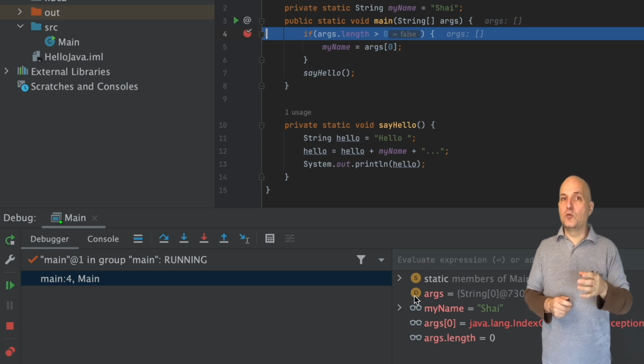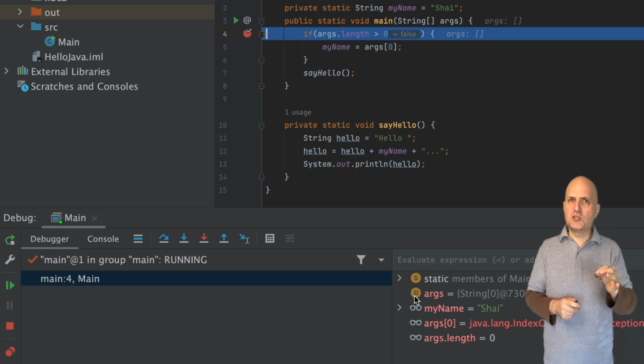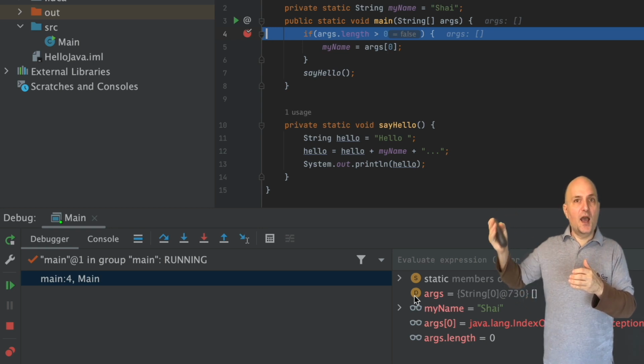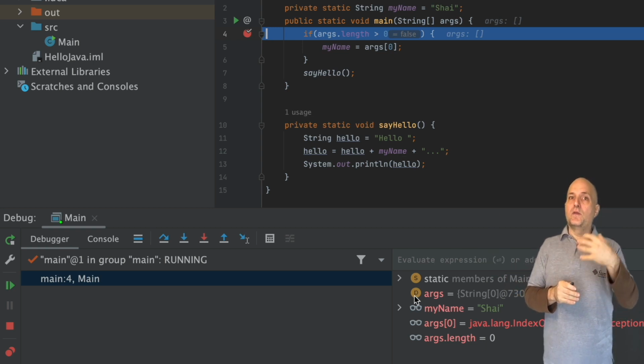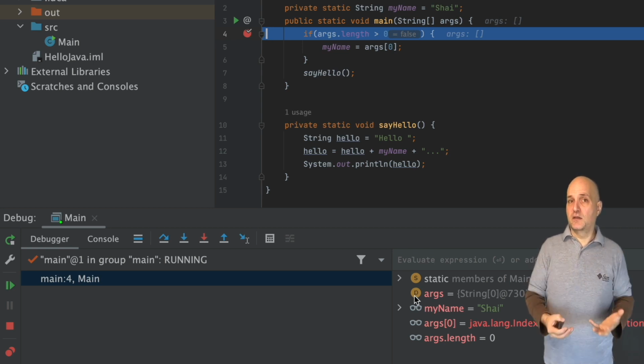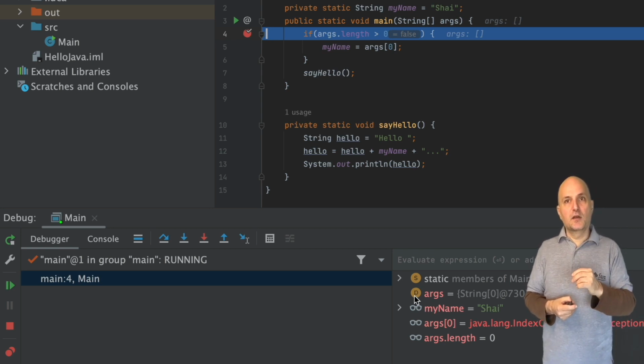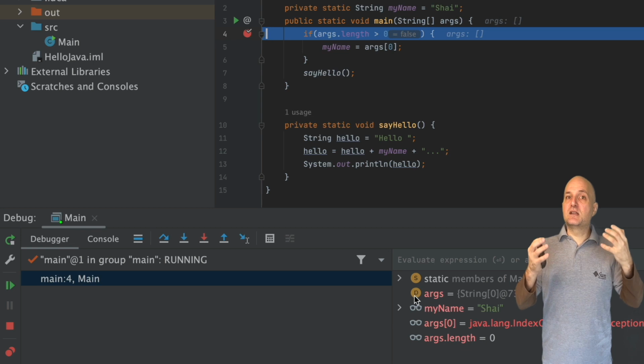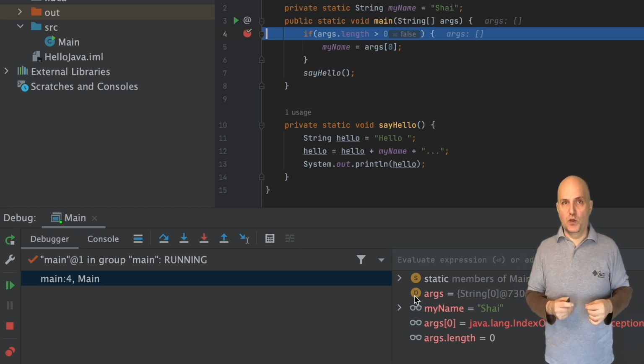You'll notice the value for args appears when I hover over the variable. IntelliJ also has a unique feature where it shows the value grayed out next to the line on the right-hand side. That isn't code, that's the value of the variable. It's just a display element that you can't edit. In the right-hand side, where my mouse is, you can see the args value. This is the watch area. We can inspect all the variables here and see exactly what our application is doing.